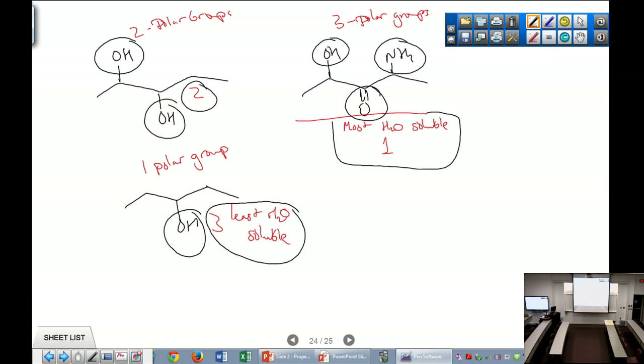There is a difference to how much a functional group contributes to water solubility, but we don't care. All of this is what you need to do is count. And say I got 3 polar functional groups, I've got 2 polar functional groups, I've got 1. All right, now I can arrange these in how water soluble they are. Okay? So why does the number of polar functional groups impact the water solubility?